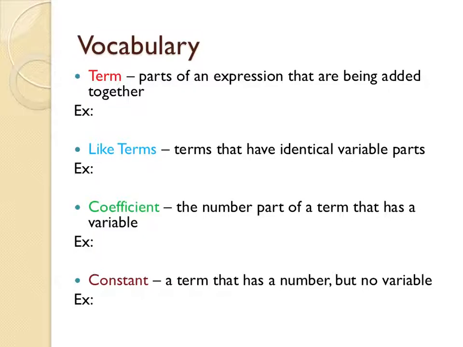All right, as with the other lessons, we're going to start with some vocabulary terms. And the first term that you need to know is term. A term is a part of an expression, or parts of an expression, that are being added together. Let's put a little example, and there's a place in your guided notes for this as well. If I gave you the expression, remember it's an expression because it doesn't have an equal sign. Equations have equal signs. Expressions do not. So if I give you the expression 3x